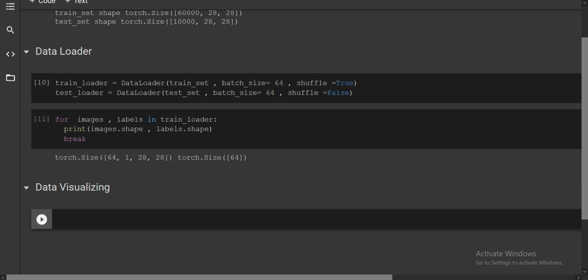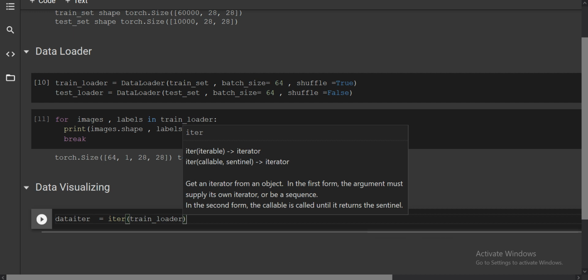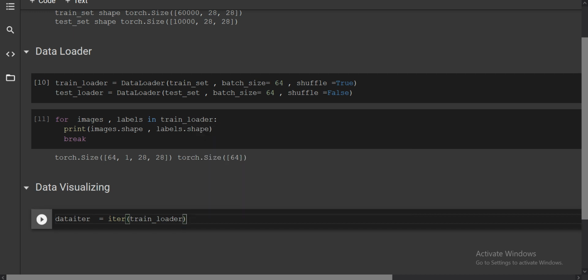Here you write data_iter equal to iter, and you provide the train loader. Basically it is an object holding all the iterations. Whenever you call next, it will display the next batch. And here you can see a similar kind of shape.